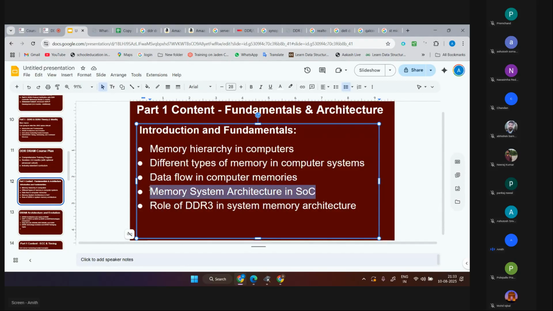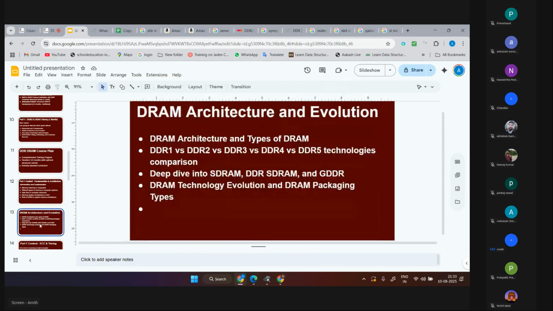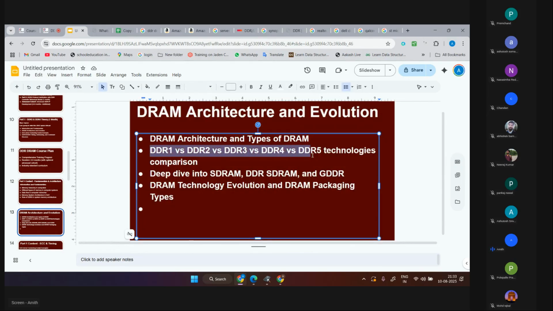We are going to take one example of the SoC in one class, and I'm going to explain to you how the data flows in that, what the arrangements are in that. And the role of the DDR3 in the system memory architecture, what its importance is. And what are the differences between DDR1, DDR2, these different DDR versions? We are going to compare and explain them, as I am telling you in today's class. The DDR